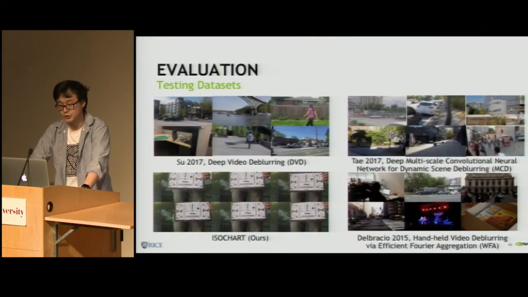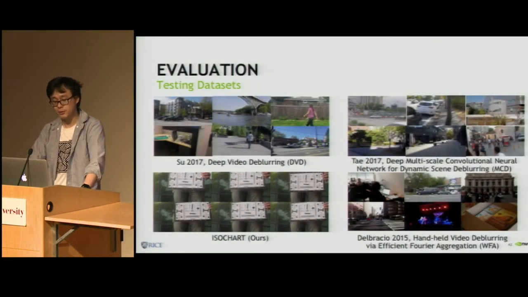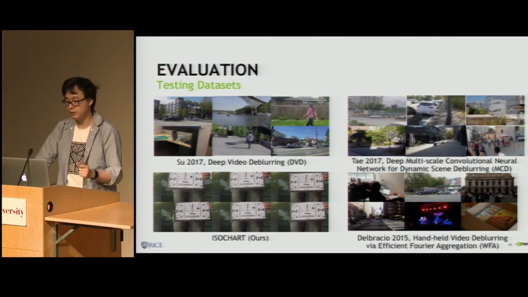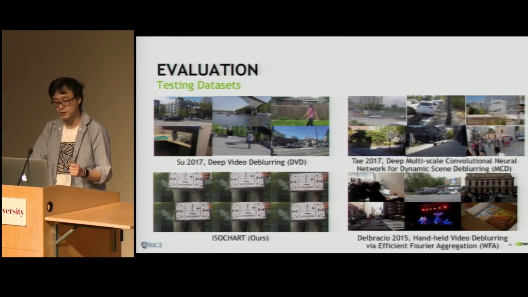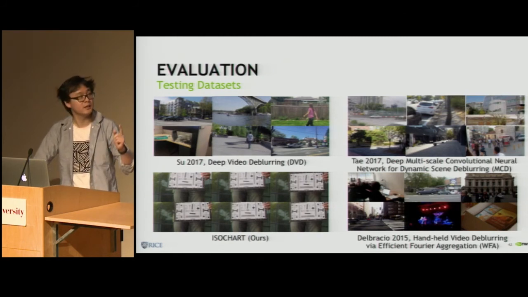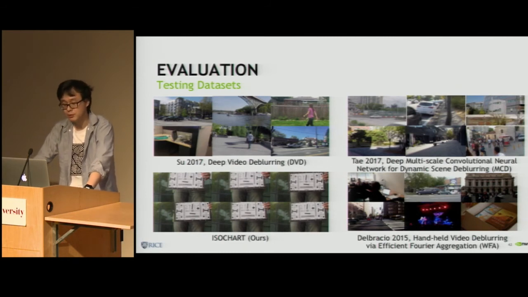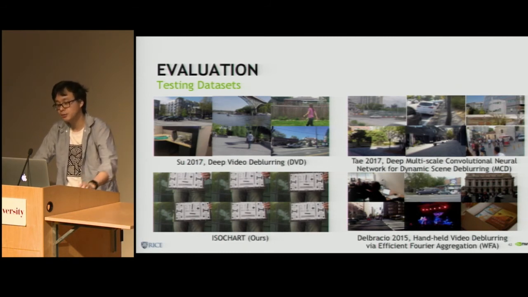So the datasets used in the evaluations are from previous papers, including the deep video deblurring network by Su et al., the deep multi-scale CNN deblurring by Nah et al., and the handheld video deblurring via Fourier aggregation by Delbracio et al. We will note them as DVD, MCD, and WFA respectively for convenience. On top of that, we've also built a small dataset of a moving ISO resolution chart to better understand